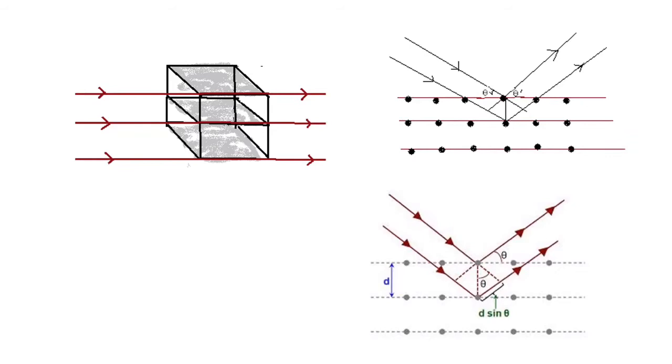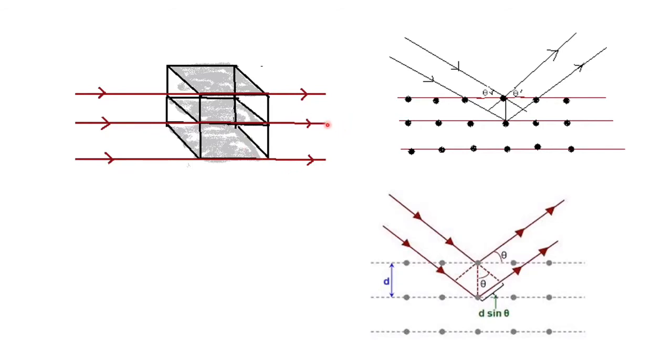So here I will give you one example. This is the crystal. Crystal means a cube, having these three parallel planes. This is the monochromatic X-ray. This monochromatic X-ray is passing through all the planes, and these planes and this X-ray are parallel. So this is the incident ray and this is the transmitted ray. Here there is no diffraction because these parallel planes and X-rays are in the same direction. Both are parallel, so that will not be reflected or diffracted. That will be transmitted only.